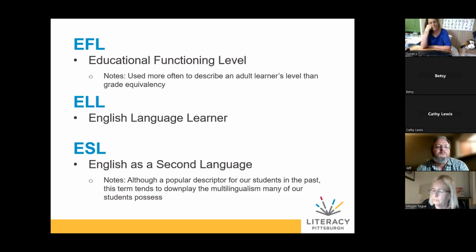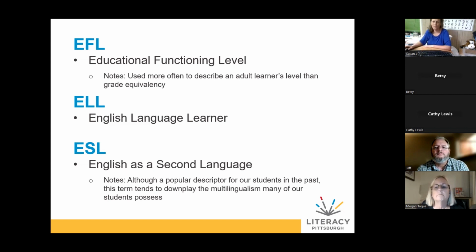And if you've seen a TABE score before, which is our test of adult basic education, which is used for our adult education students, they score between 1 and 6. So that is our American-born adult education scale, and then ESL starts at 7 and goes to 13. So that is a way to kind of give them that